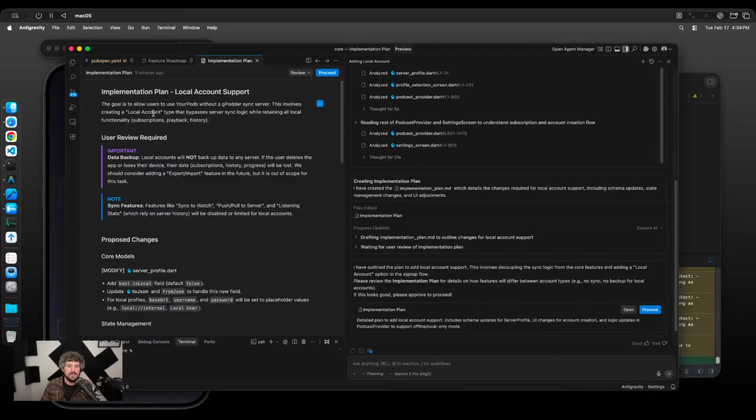This involves creating a local account type that bypasses server sync logic while retaining all local functionality, subscriptions, playback history, etc. I will say that in the last version, 1.3, we made a lot of caching improvements, so in the event that you don't have network or you're on an airplane or something like that, a lot of that groundwork is already built in there. But interesting to see if it keeps it. And also